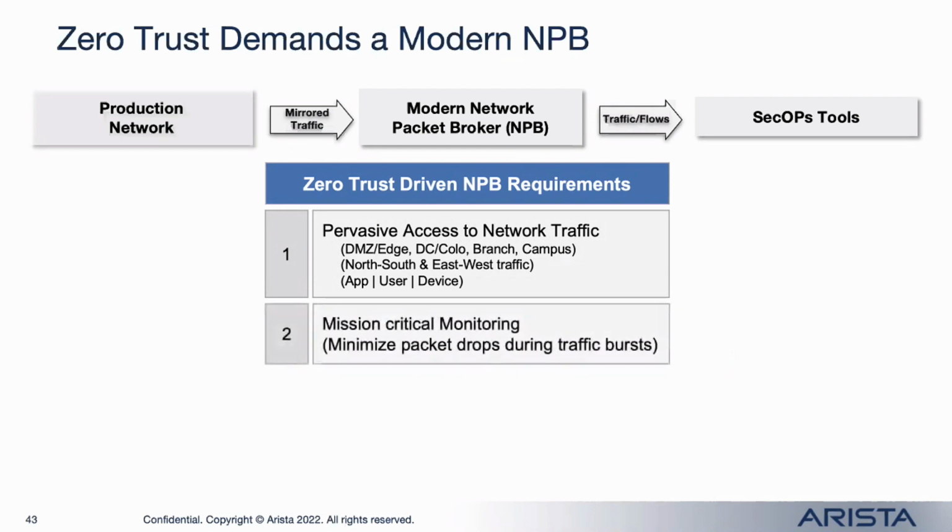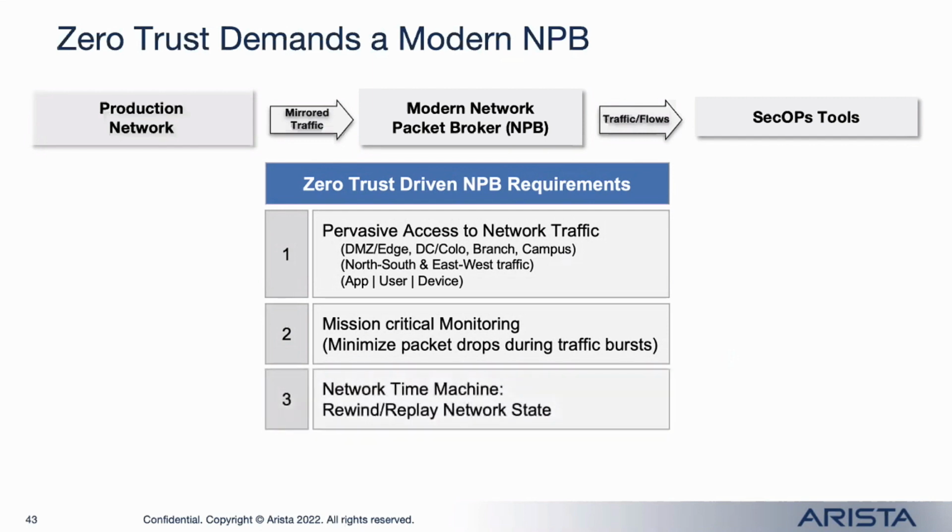Let's look at a second requirement: mission critical monitoring. If you start dropping packets in the packet broker, then you might be losing important information, or security tools might not be getting the right fidelity of the data. So how do we minimize packet drops during traffic bursts? Remember, this has been an important consideration for applications in the data center in the production environment. But now this requirement is also getting extended to packet brokers because of this mission critical security and threat identification